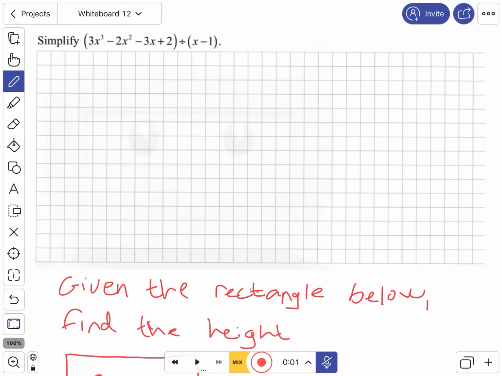We're going to take a look at some long division. This first question here is one way it's asked. The second question below is if it's given as an area and volume question. So first question here that we're going to try, we know that it's x cubed and we know we're multiplying